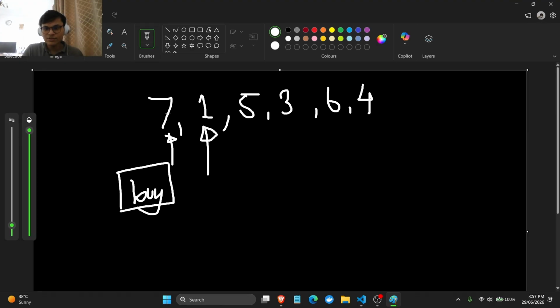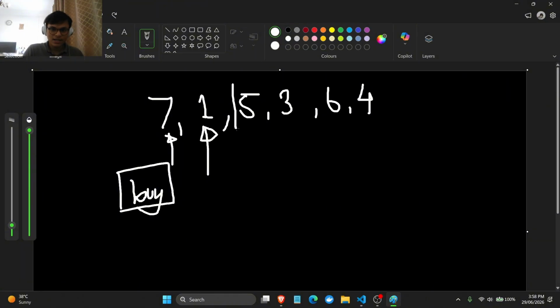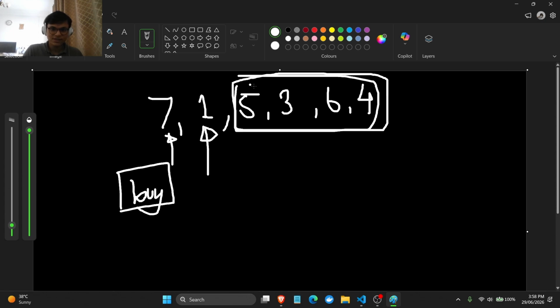On each buy I check whether there is any greater value in the remaining days, so I check the max value of the remaining. If the max value is greater than 7, then only I compute it and put that in the result. Now let's go to 1. I check again what the max value is, and if it is greater than 1, only then I solve. For 5, if I check again, the max value is 6. For 3, the max value is 6 again. For 6, the max is itself, so I won't compute. For 4, I won't even compute, but that is not doing anything.